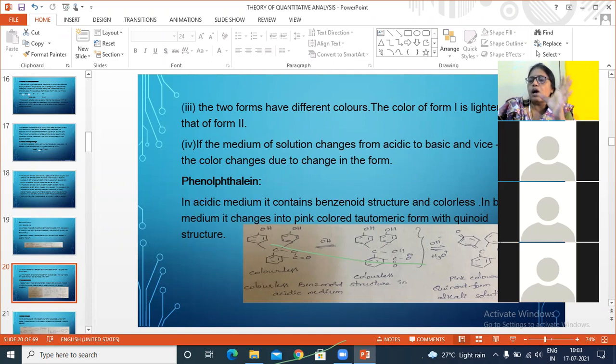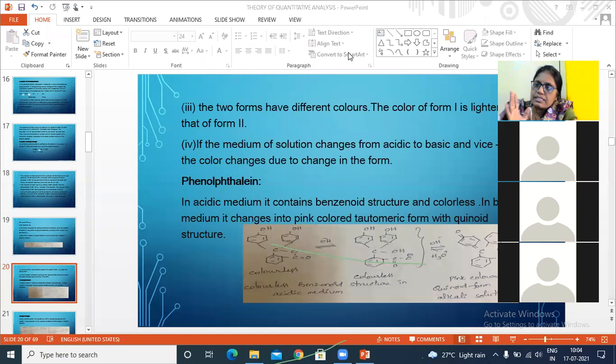In the benzenoid form, the structure is almost similar to benzene, with three alternate double bonds which we can observe. In quinonoid, the difference is only two alternate double bonds and, at the ortho and para positions, carbons having a C double bond O, which we won't observe in the benzenoid structure. In general, when the indicator is added to an acidic or basic medium, we can observe that O in the structures. So the benzenoid form is stable in one medium and the quinonoid form is more stable in another.